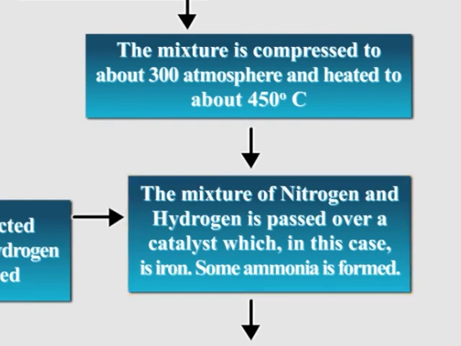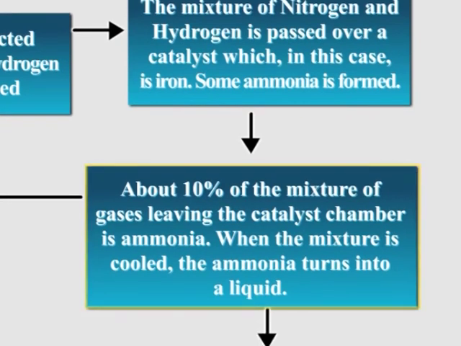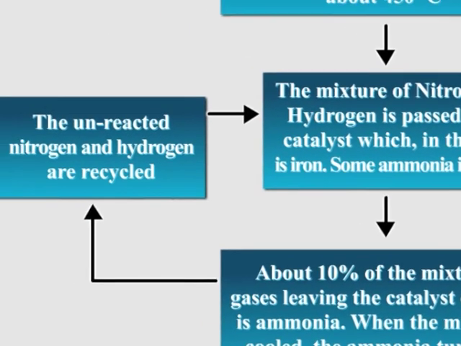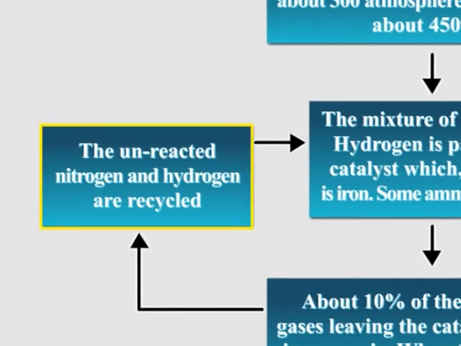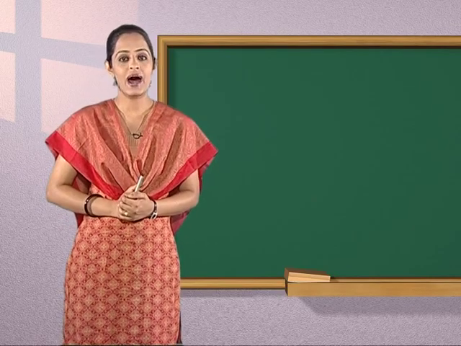Some ammonia is formed. About 10% of the mixture of gases leaving the catalyst chamber is ammonia. When the mixture is cooled, ammonia turns into a liquid. The unreacted gases, nitrogen and hydrogen, are recycled. Liquid ammonia is collected. Children, let us now learn about